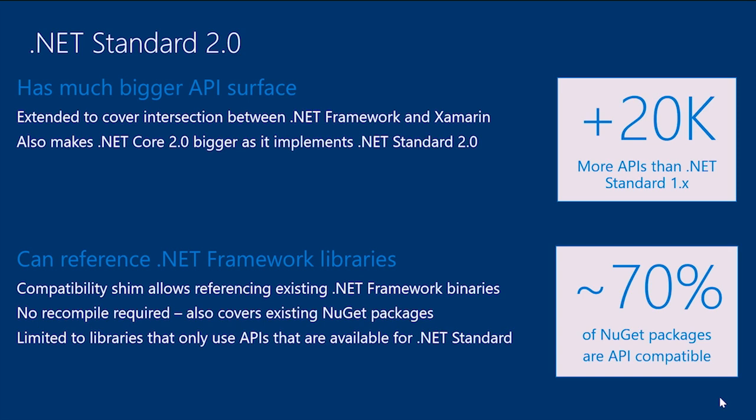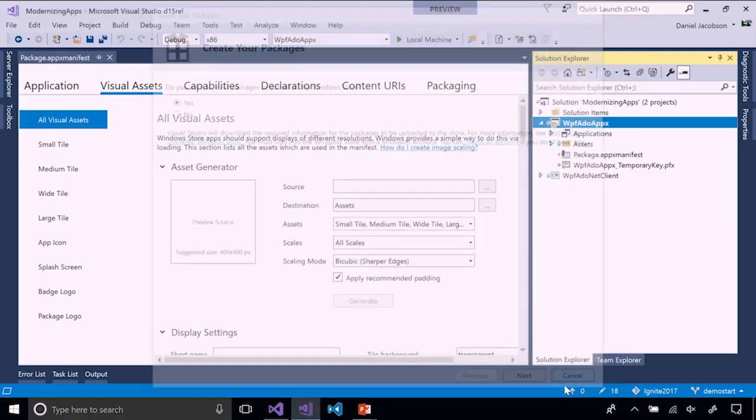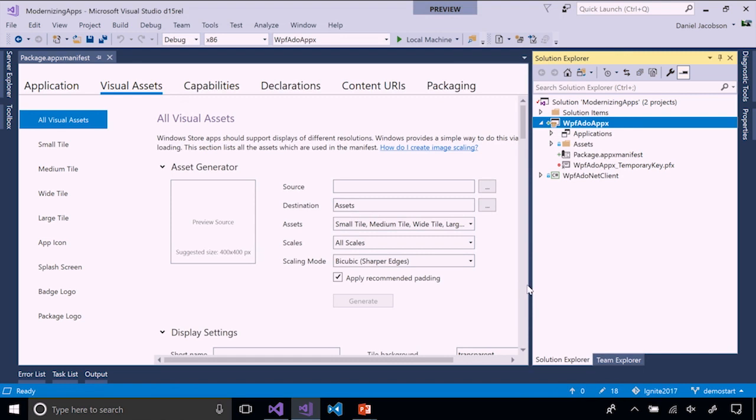a compatibility shim layer so that you can reference .NET Framework libraries in a platform that is .NET Standard 2.0 compliant. We've done an analysis and observed that about 70% of the NuGet packages on NuGet.org are .NET Standard 2.0 compatible. So that rich history of .NET Framework libraries now are applicable for Universal Windows Platform development. Now that was a lot of slides, but let me show you what that means in context of building an